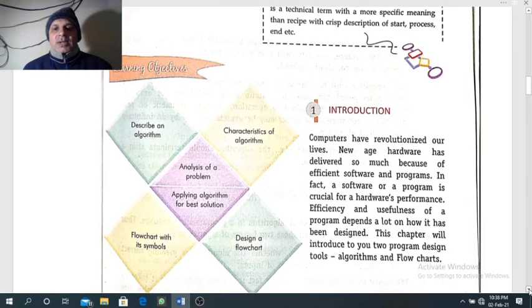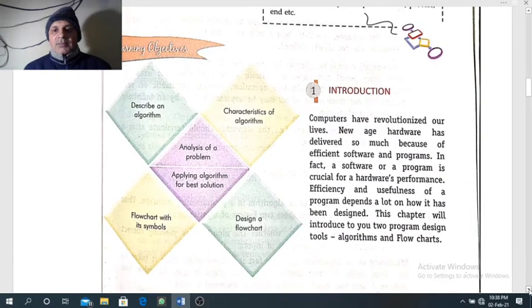First, we will study the introduction of algorithm and programming. Computers have revolutionized our lives. New age hardware has delivered so much because of efficient software and programs. In fact, a software or a program is crucial for hardware's performance. You know that